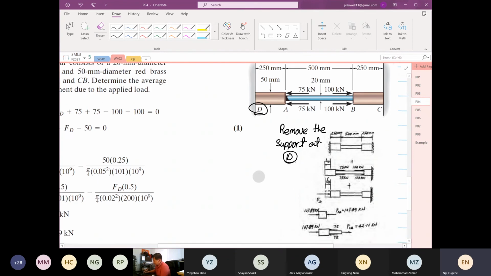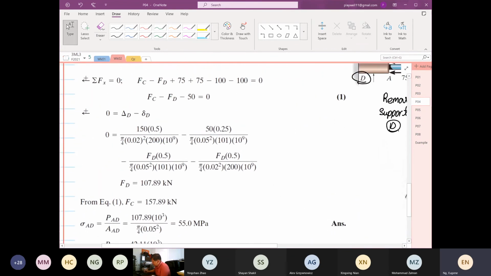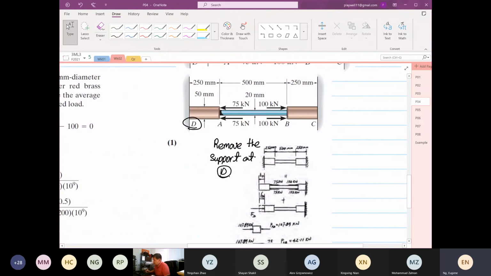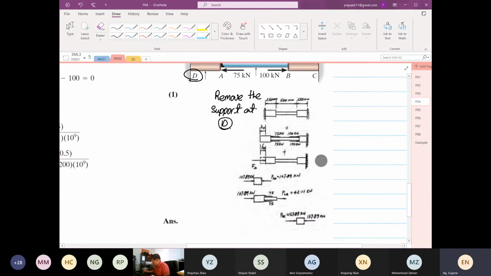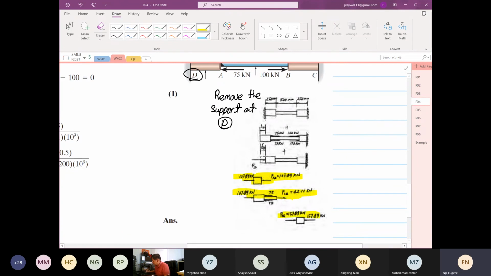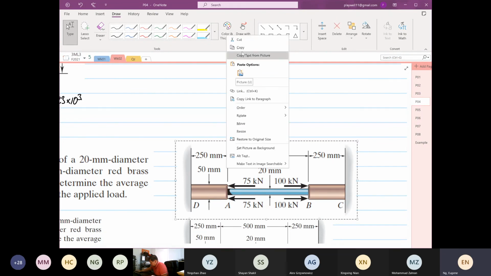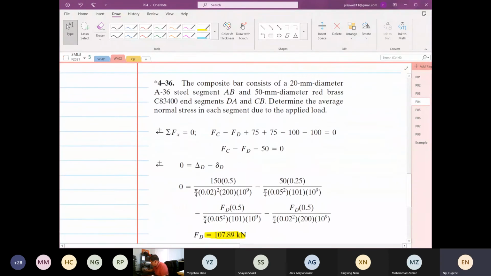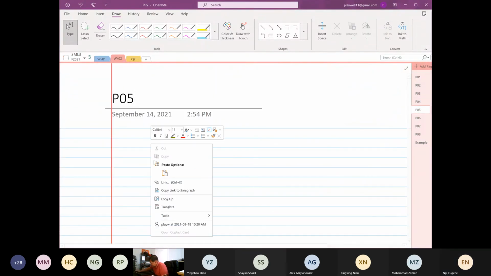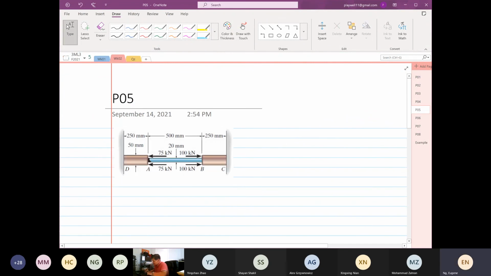So this is what you see in the solution manual. The key feature to look for is this number, and this number has to be the same regardless of whether you remove the support at point D or the support at point C. Sometimes you can get confused. Why do they consider this and that? So what I'm going to do now is the direct opposite. I'm going to copy the diagram here, go to the next page, and we are going to remove